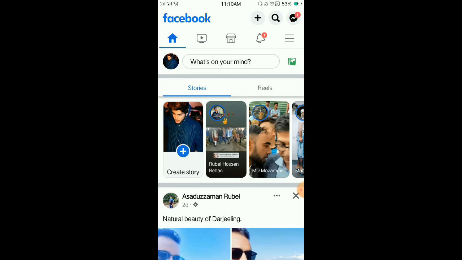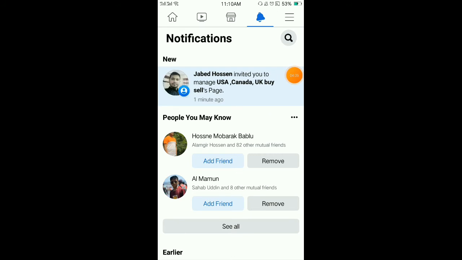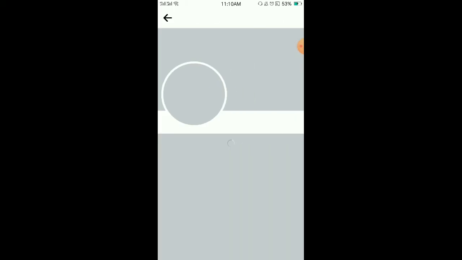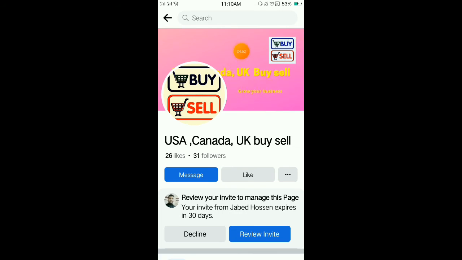Okay, I can see a notification here. Click on the notification. Here I can see the profile that provided me access for moderating and access for admin. I just click on it. Okay,